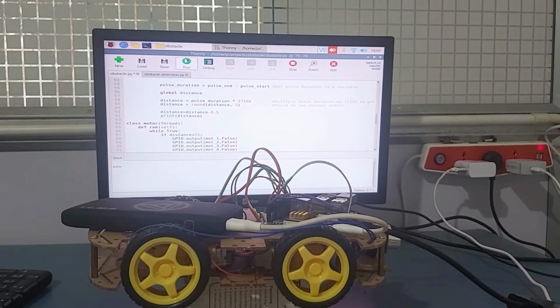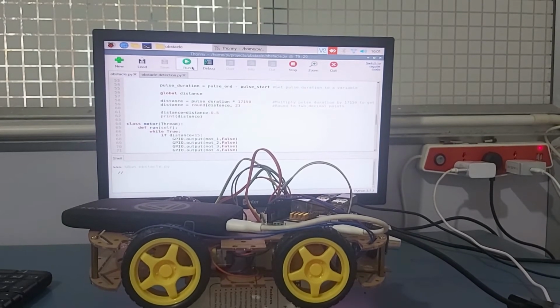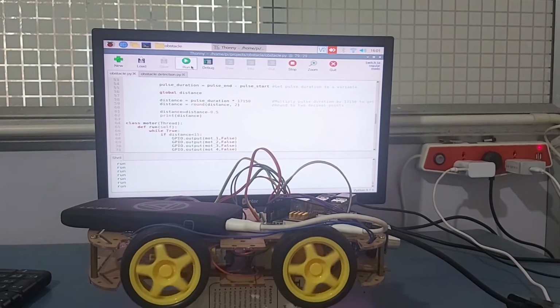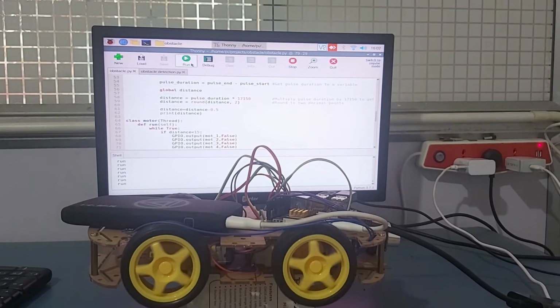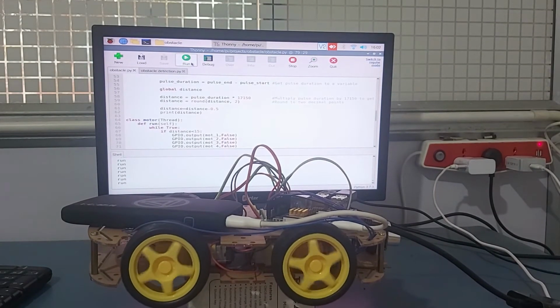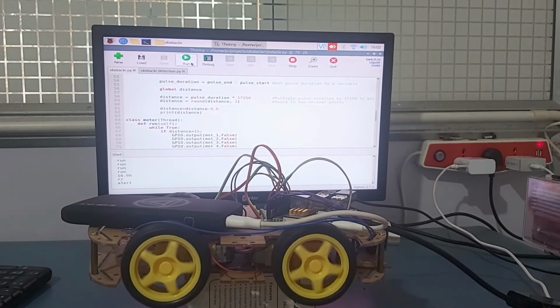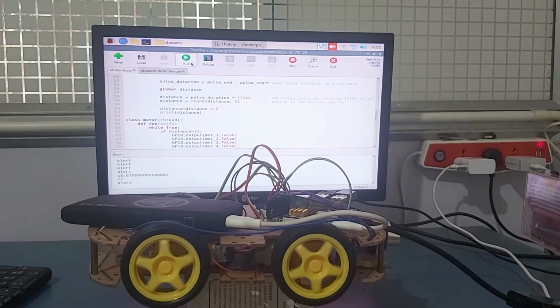So here's the code, and I've placed a grip below my car so that my wheels can move freely. Let's run the code, and you can see initially the wheels are rotating freely, and now when I bring my object very near to the car, you can see the wheels stop rotating, or the speed is reduced.